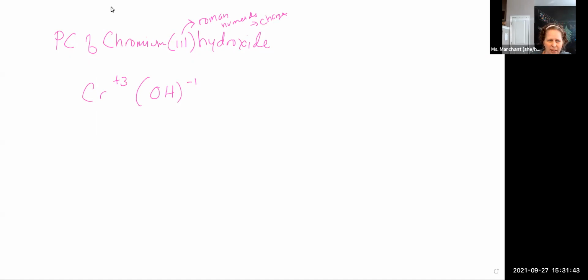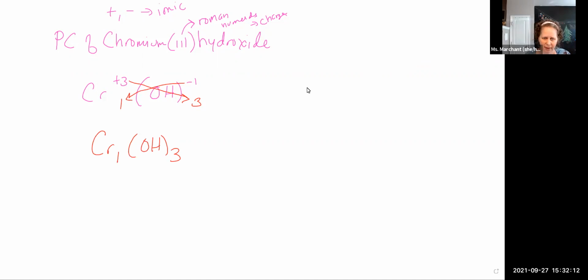I see I have a positive and a negative bond here. That means it's an ionic bond. For ionic bonds, I crisscross. Polys need parentheses. That's why I put those parentheses there. It's a force field. That 3 has to come all the way outside, so it's under the -1. The -1 becomes a 1 underneath the +3. Cr1, OH3. Okay. Make sure you have those parentheses there or else your crisscross is wrong and then your whole